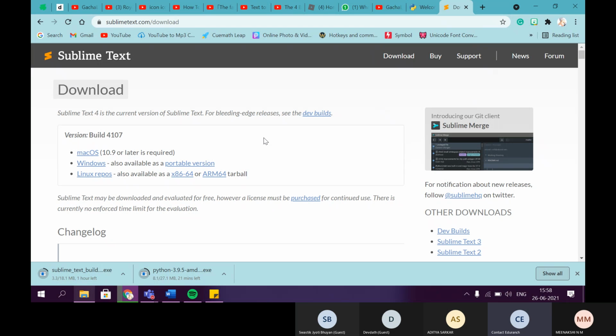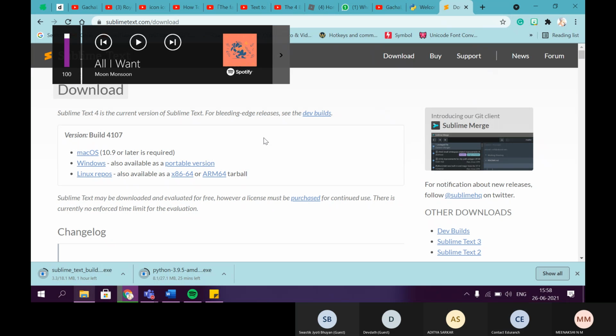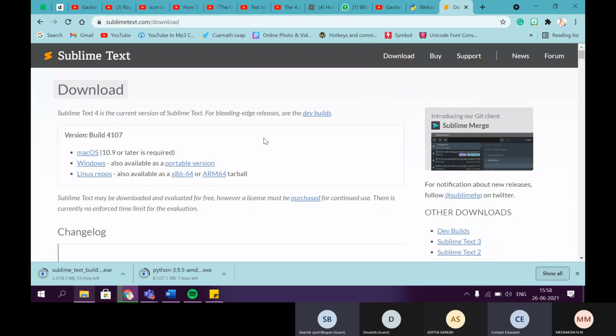Devdutt, are you clear? The second problem statement. Are you done with the first one, Devdutt? Sir, yeah, I have finished the first one. What is the second? The second one is you have to write a function. The function has to take two variables x and y. It should compute x to the power of y and return the value, and then you should print the returned value. Is it clear?